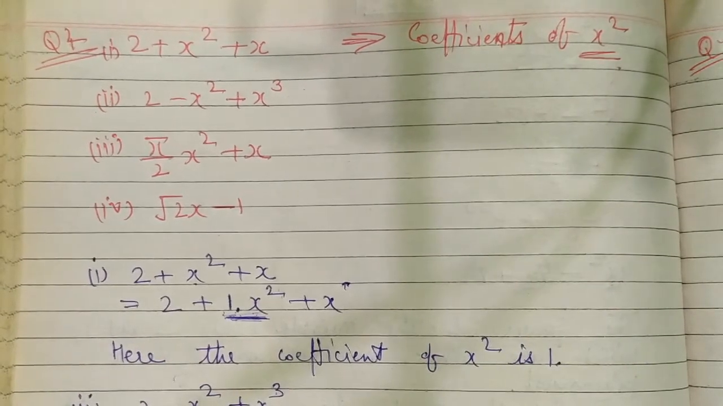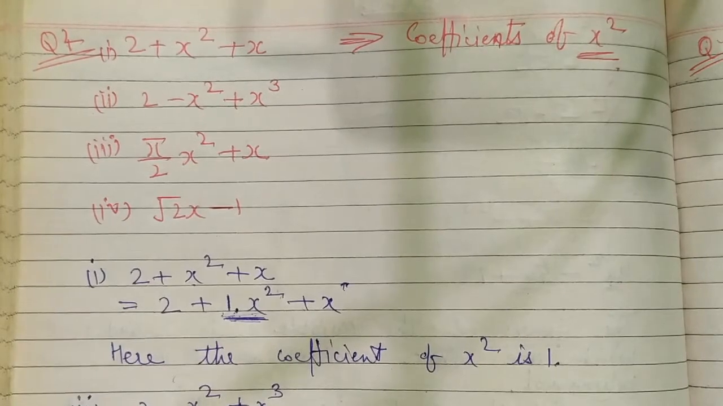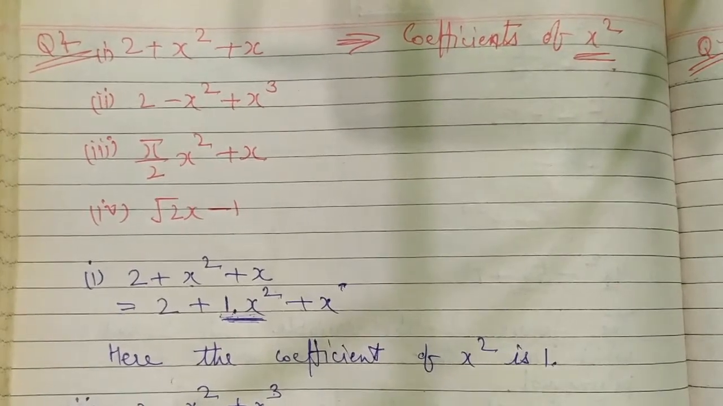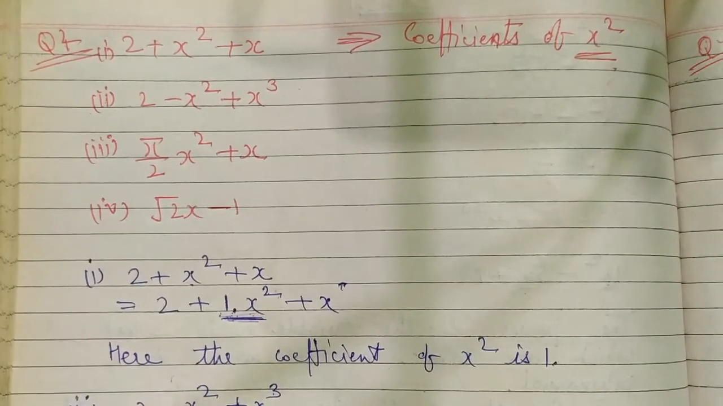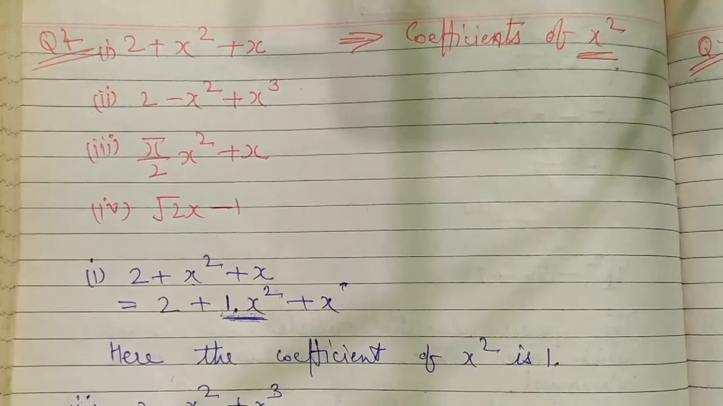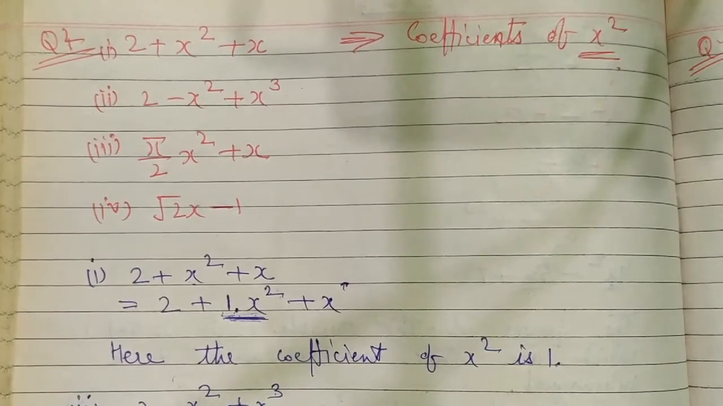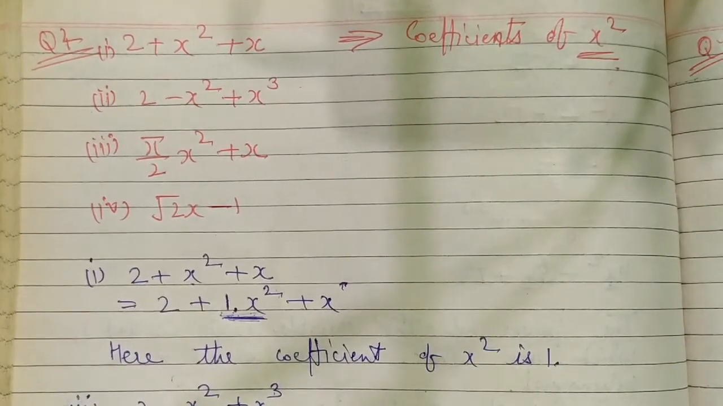Now the third one is pi upon 2 x square plus x. Let's solve this one also. Pi upon 2 dot x square. Now we have done the factorization again like this. We have separated both of these because this one is